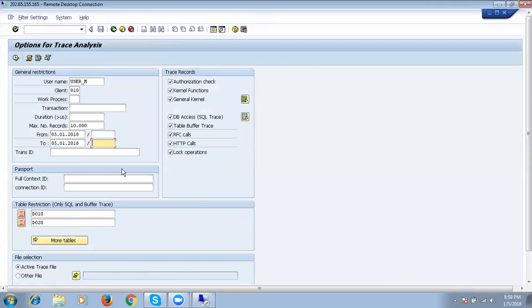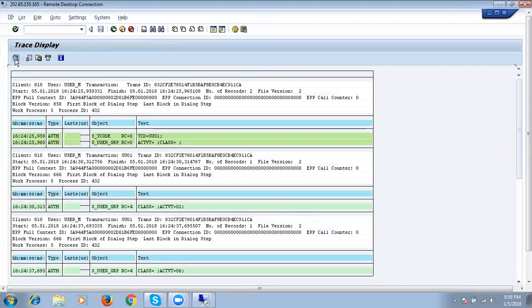So remove the time and click on start reporting button. See, now it is displaying all the user authorizations. This is transaction code SU01. For that, return code is equal to 0. RC means return code. Return code equal to 0 means authorization successful. So user executed SU01, and for that, authorization was successfully executed.